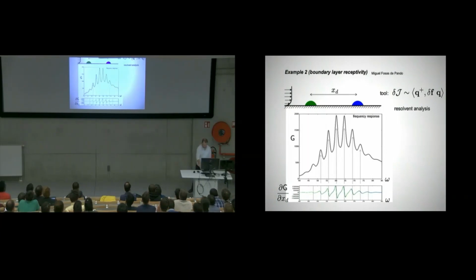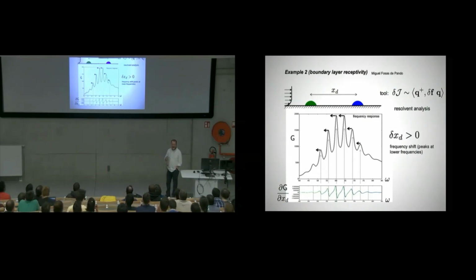So if I do that one, I know that all the frequency peaks move to the left, okay, without doing that calculation again. And I can play around with that with any changes I can make to the equations. Okay? So there's a lot of information in that adjoint. It's worth calculating it because then afterwards you can ask any question you want about parametric instabilities.